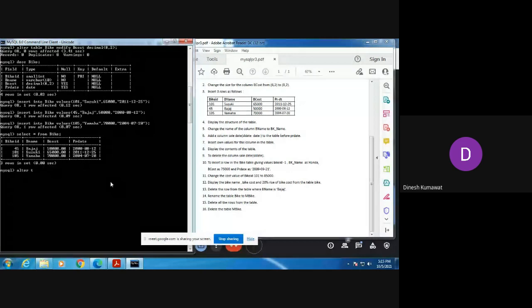Alter table, then bike, change bname, bk underscore name.